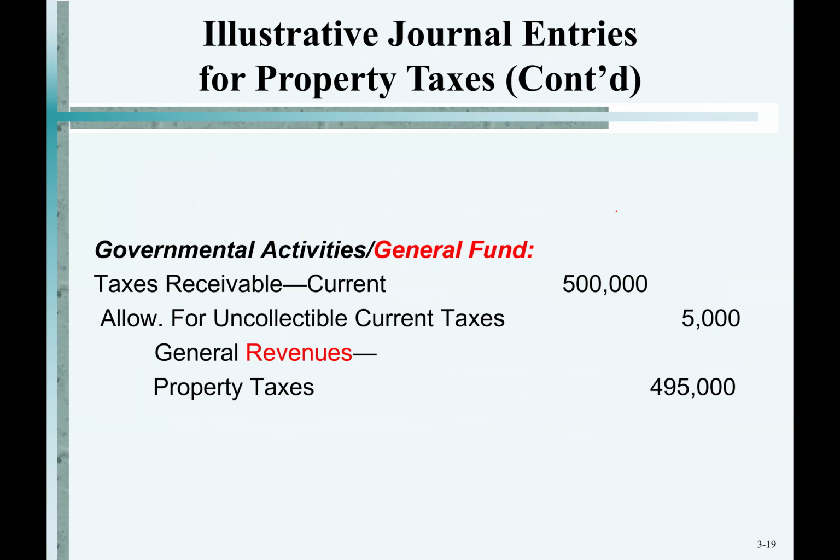Now, the first thing I'm going to do, before we get into what happens if I collect a revenue beyond 60 days, and how that makes a difference between the government-wide full accrual and the fund level using modified accrual,